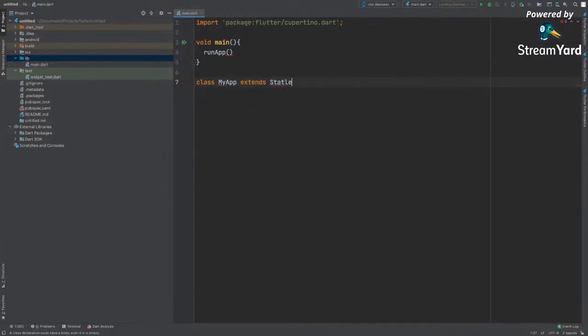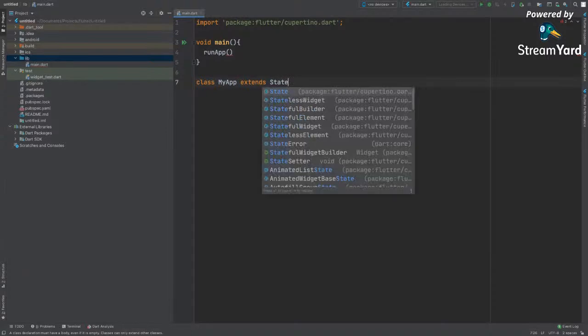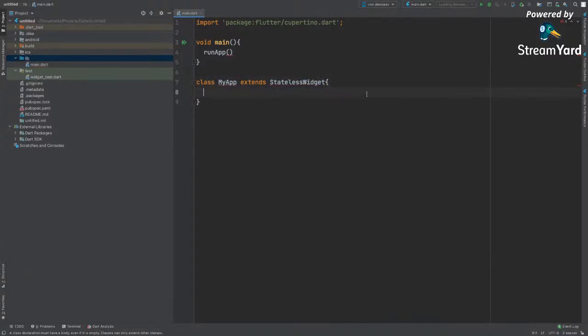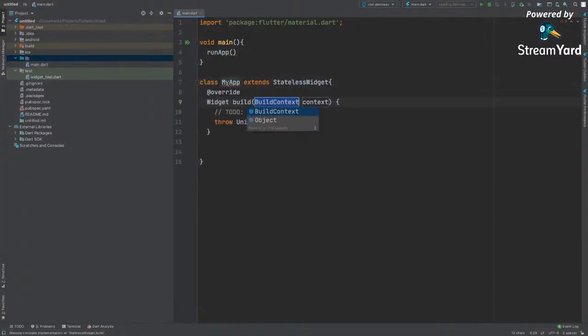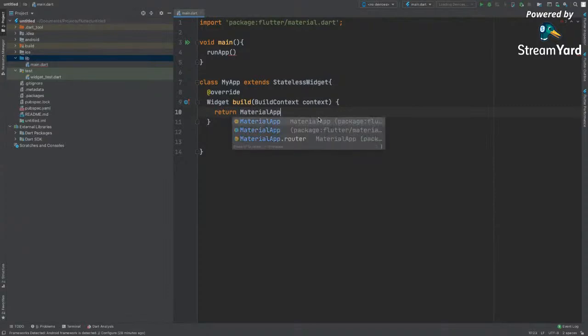stateless widget, and I want a material here. Then we will have to implement the build method. Let me remove this, and we want to return material app here. So return material app,